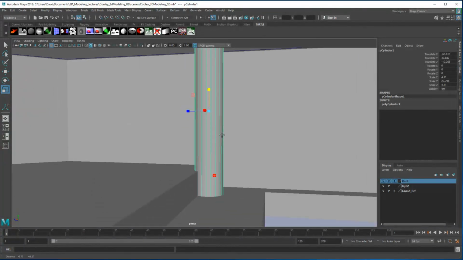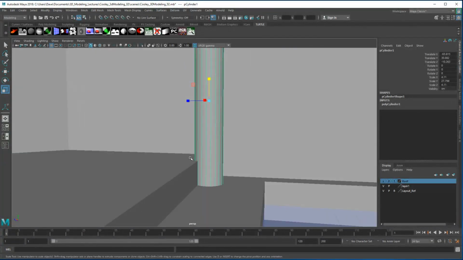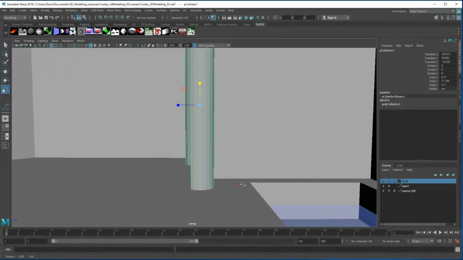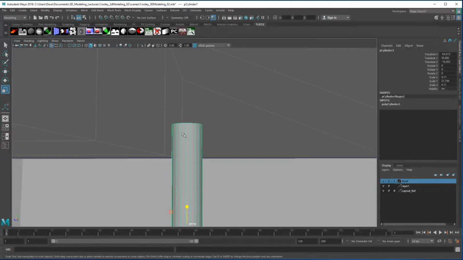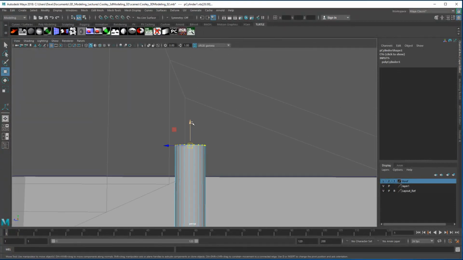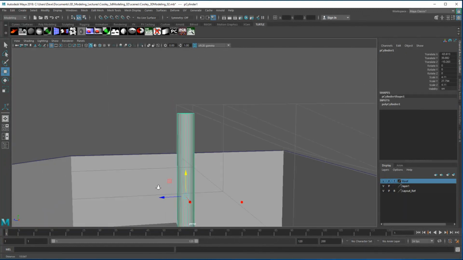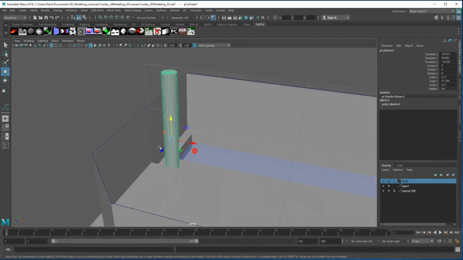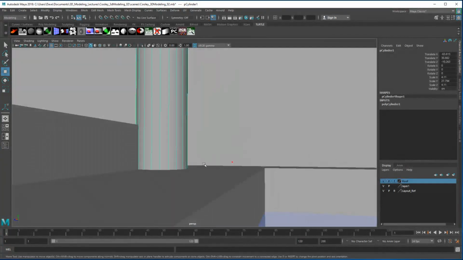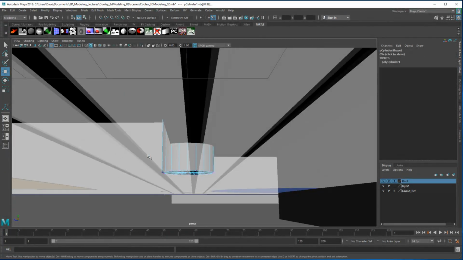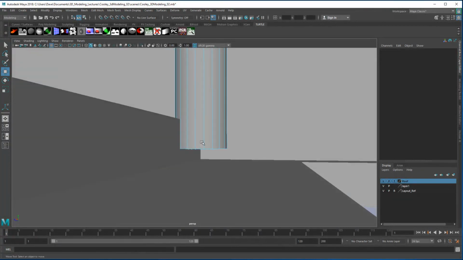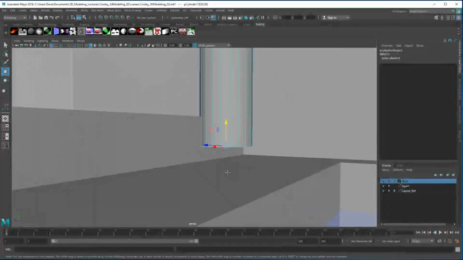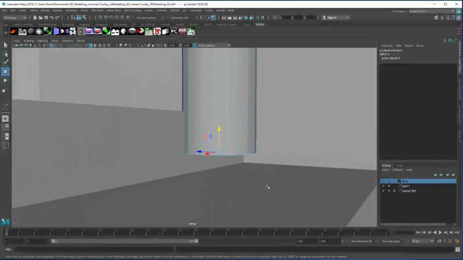And because this one is actually going to start on the one layer and end on the other, I'm going to make sure that it's going through the stairs and it goes all the way up into the skylight. So we're going to bring this up. Now, looking at this, I'm going to grab those faces, bring it up, and then I'm going to grab the faces of the bottom,